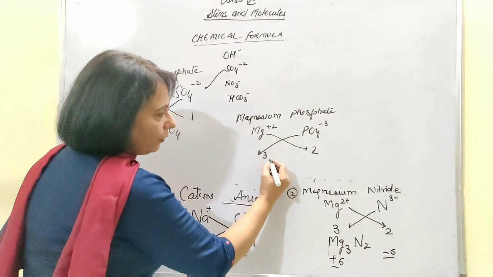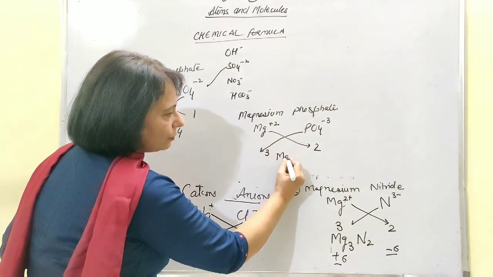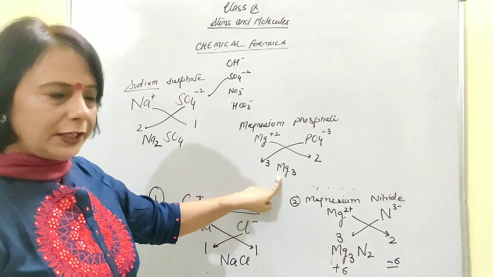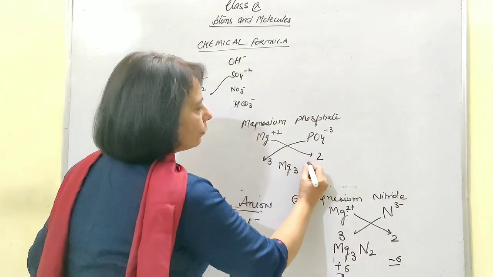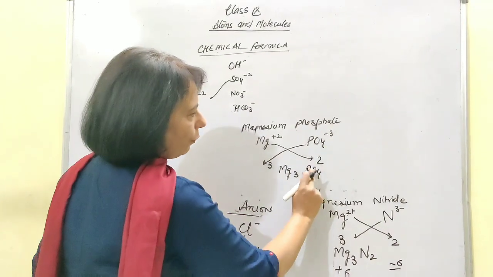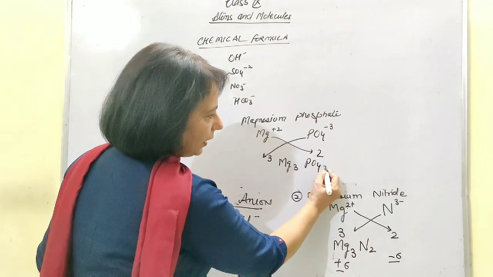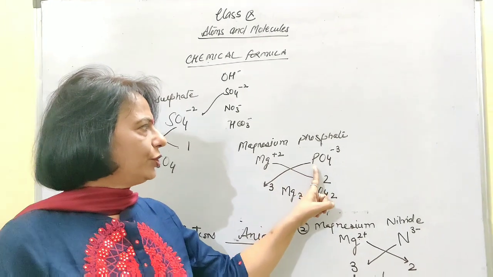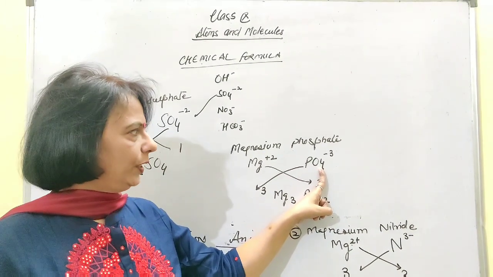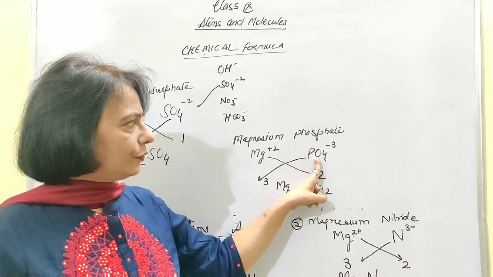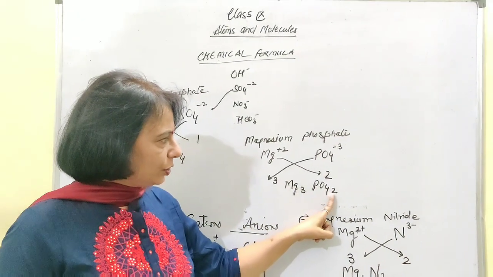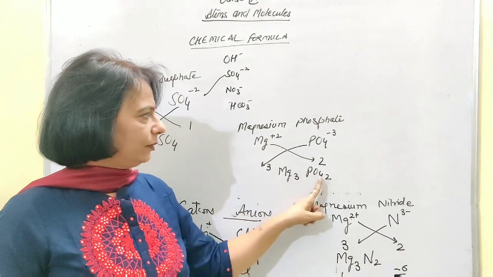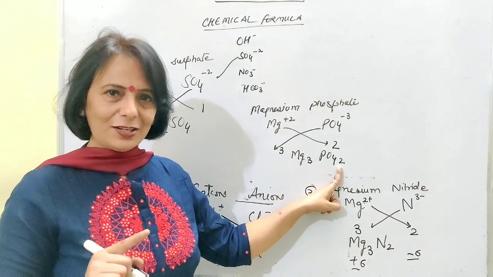Now then, how will we write it? That means the magnesium atoms which participate in the formation of magnesium phosphate is 3. Okay, and what about phosphate? If it is PO4 and 2 is written here, then this oxygen is going to be 42. But in the formation of the phosphate radical, this polyatomic radical, only 4 atoms of oxygen are participating. If it is 42, that is not possible.